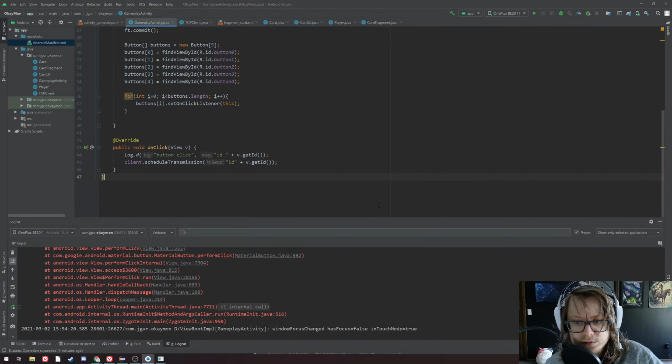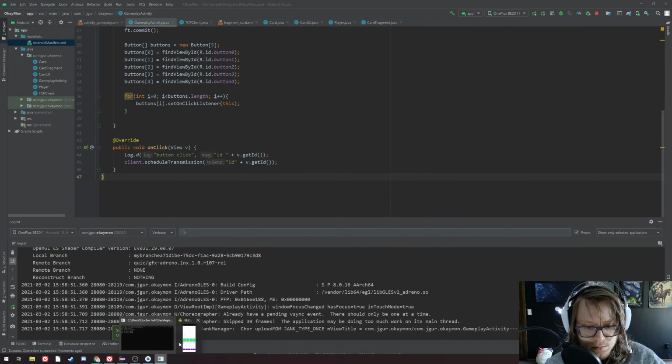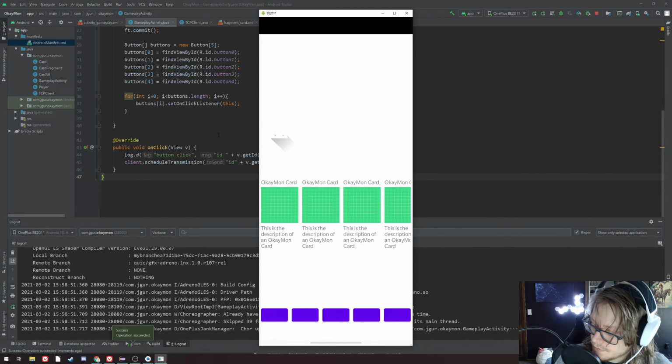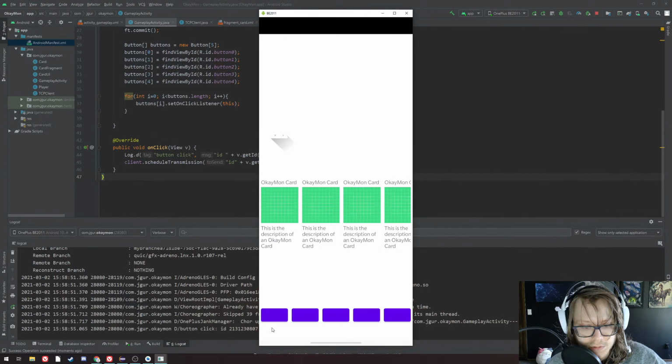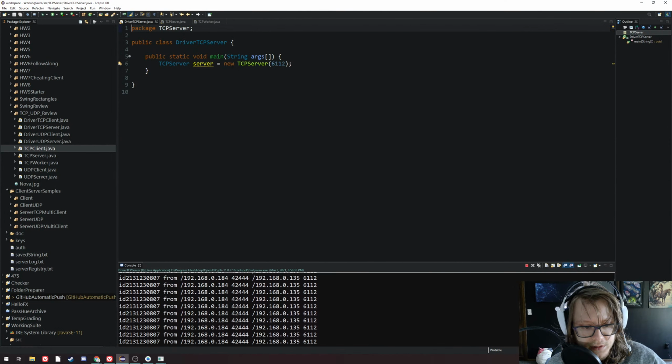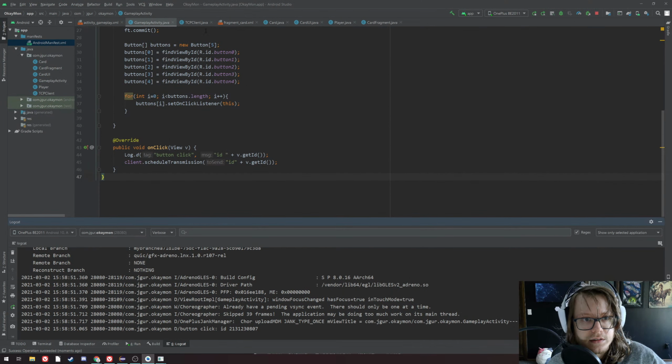Now start the server again, and start the Android guy again. And there's OkayMon, and there's the button, and ooh, it didn't crash, so that's pretty good. All right, so I pushed the button, didn't crash. Let's go back here, and it's sending the stupid thing repeatedly over and over again,